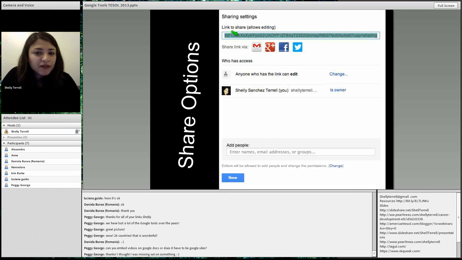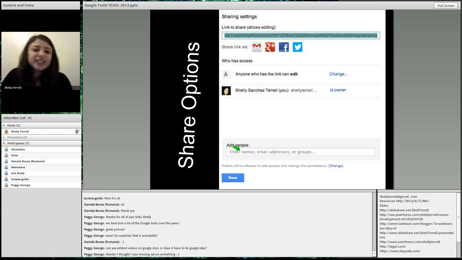You do have the option though, it's really cool, to make it when you share it. So you have share options. You can give people the link. You can have it to where anyone can edit it. You can change this and it could be anyone can view it. It could be only those you invite. You can add people who can edit it and everyone can view it. You can have it to where it's private. You can even put something called publish to the web. And when you publish to the web, then it will allow you to make it into a Google site.